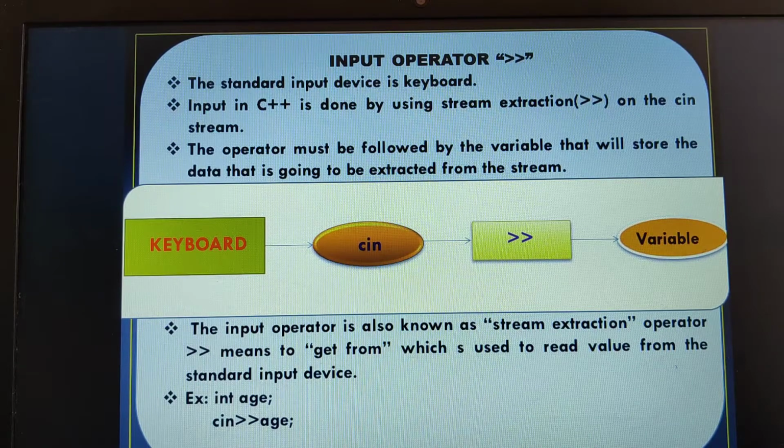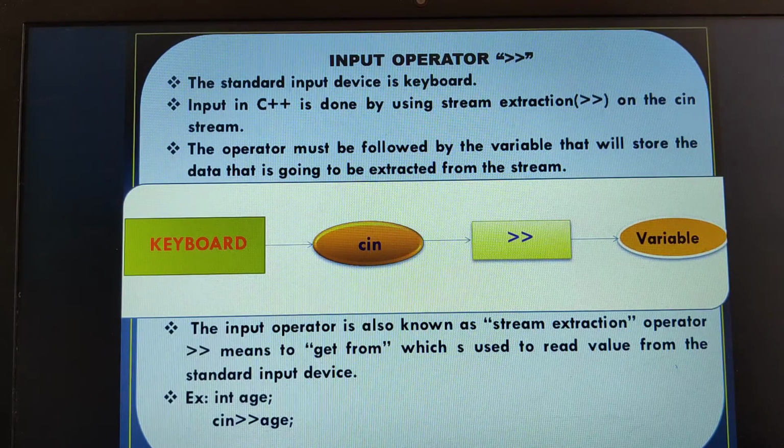Moving on to the next explanation here. Here you can see an example. We have taken int age. Now this is a declaration statement where the variable age is of type integer, and the second statement actually waits for the input which should be given by the user, so that it could be stored in an integer variable known as age.